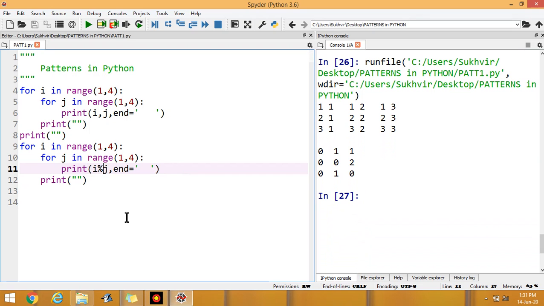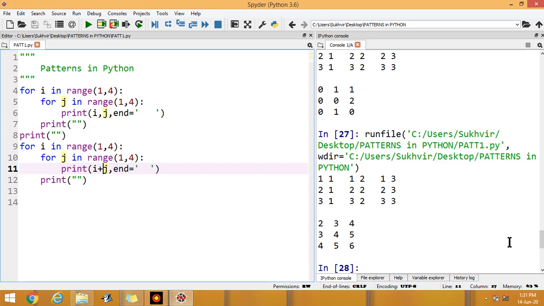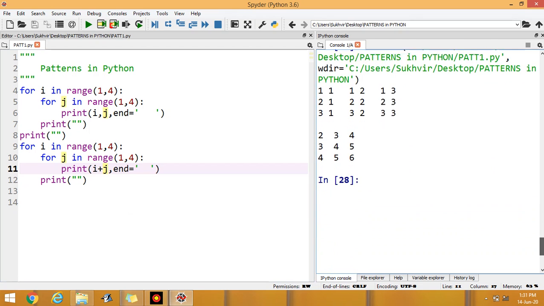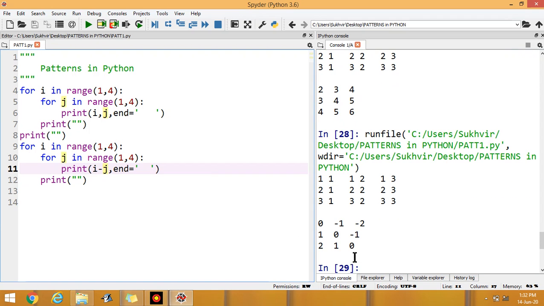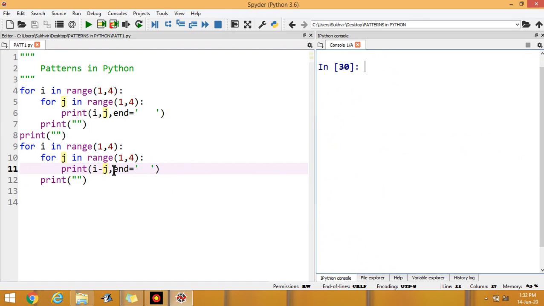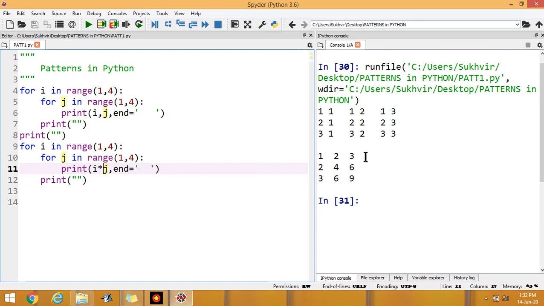Let us repeat again. First is addition. You can display the contents by adding the values. Second is subtraction. Then you can display the values by subtracting the values. Then you can multiply. Again execute.